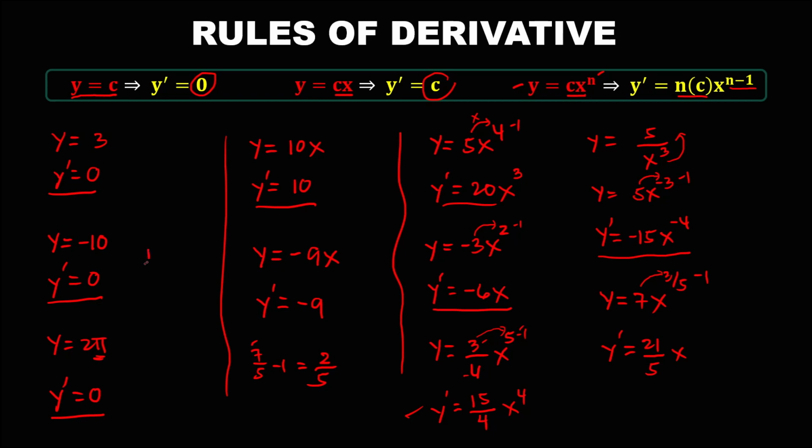So if we have 1 over 6 minus 1, again, 1 minus 6. So 1 minus 6, that's negative 5, then copy the denominator 6. So for this, 3 over 5 minus 1, so 3 minus 5, that's negative 2, then copy the denominator 5. So this is equal to negative 2 over 5. So this is how to find the derivative using the power rule.